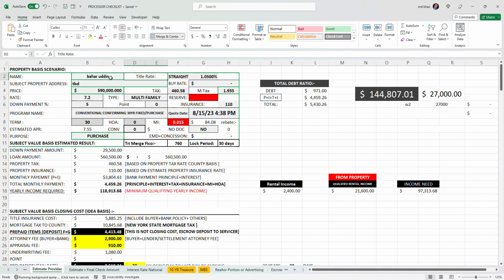So first thing, we put the name here, the client name and the title rate. So let us go one by one through the options here. Why I put this title rate, and one of the states, one of them SEMA. Basically, title rate, which is all the title companies that we have in New York City, especially, I guess more than almost 4 or 5 that I have worked with